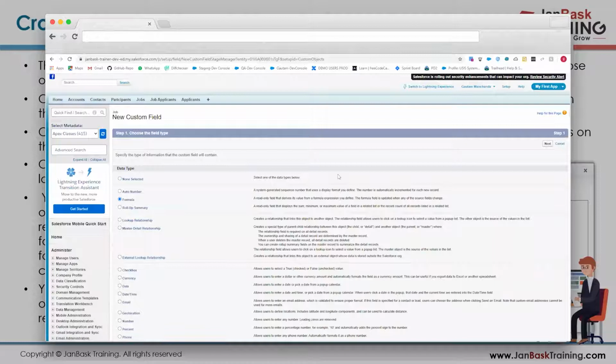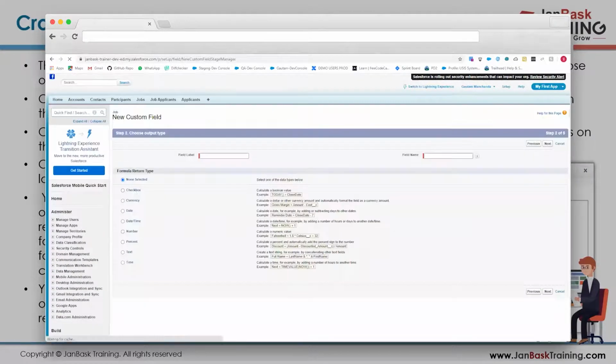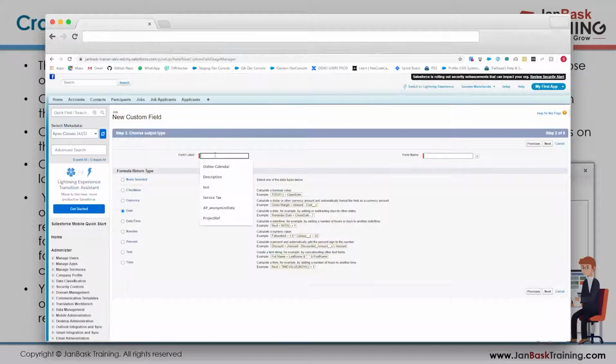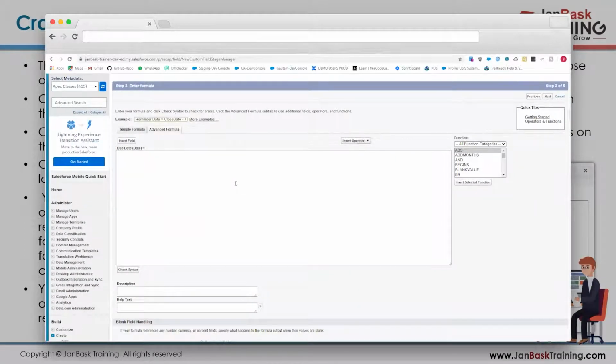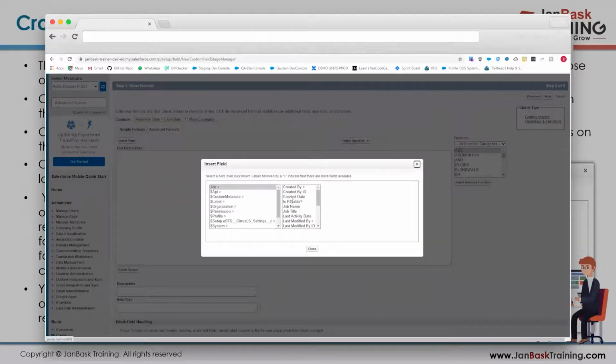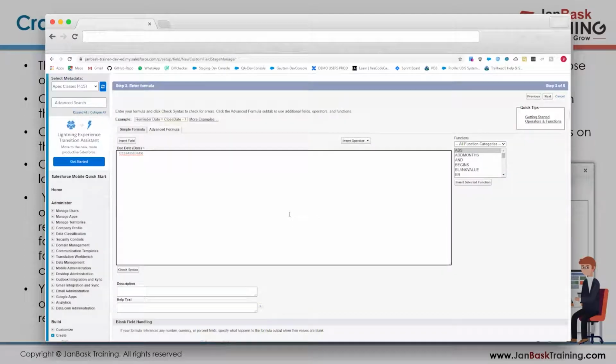So I go back to the formula. I click on next. I'll select it as date, the field label as due date. As I told you, the expected due date is 5 days ahead of today's date. So what I do is I go here, job, created date, and 5 days ahead, so I simply do a +5 here. Whenever this record is created, +5 days should be the due date. This is the business scenario that I asked you to build. Today is 17th here in India, so it should have an additional 5 days and then the due date should come up.